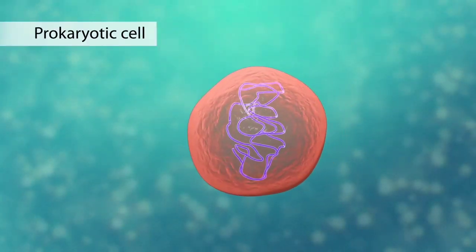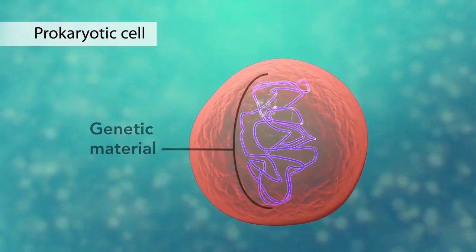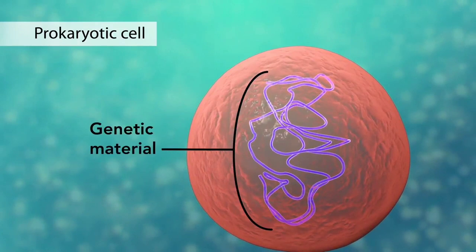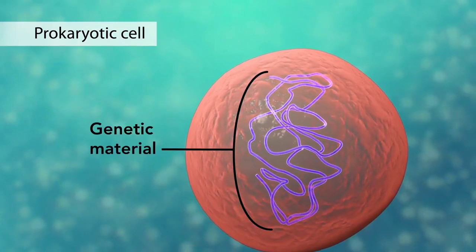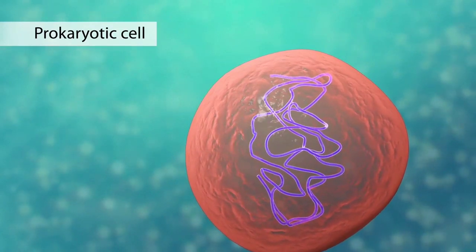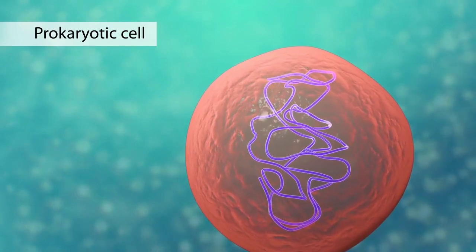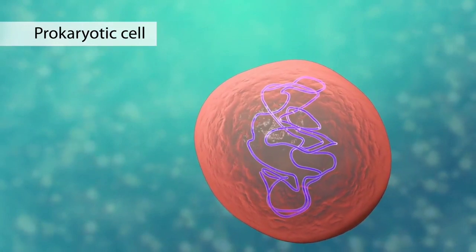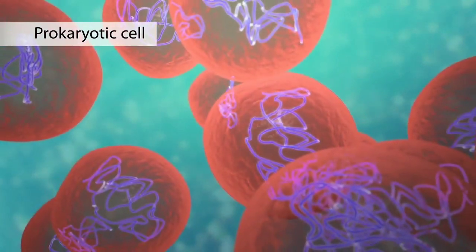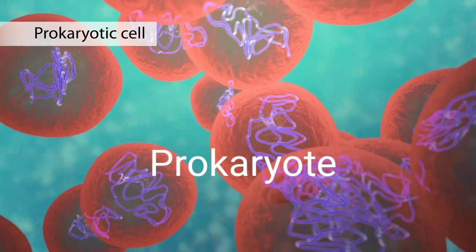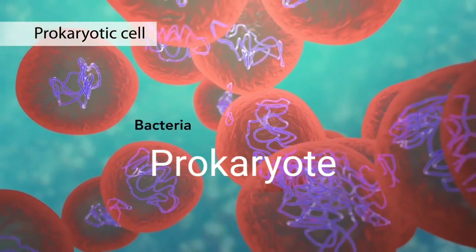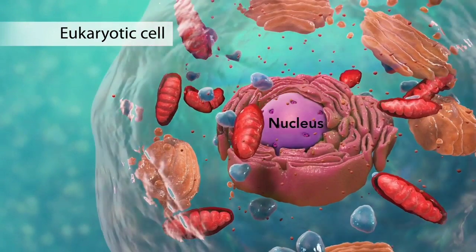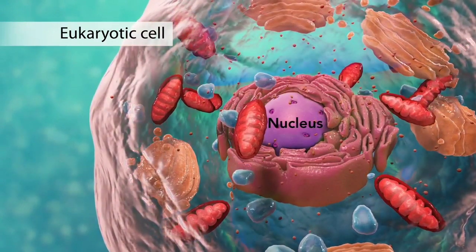So in the case of some organisms like bacteria, the nuclear region of the cell may be poorly defined due to the absence of a nuclear membrane, and such an undefined nuclear region containing only nucleic acids, that is DNA or RNA, is called a nucleoid. Such organisms whose cells lack a nuclear membrane are called prokaryotes. Pro means primitive or primary and karyote means nucleus. Organisms with cells having a nuclear membrane are called eukaryotes.